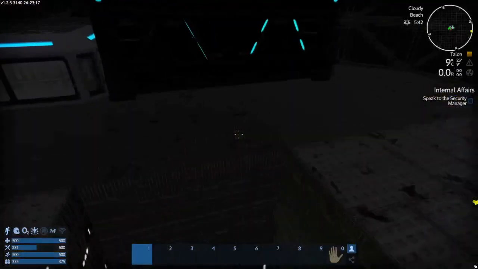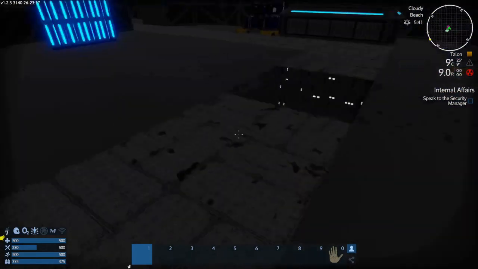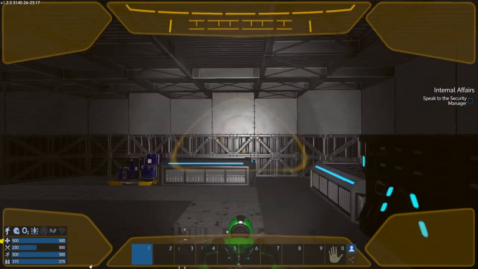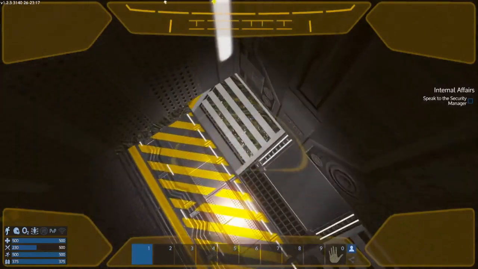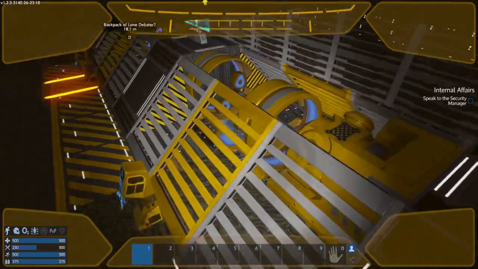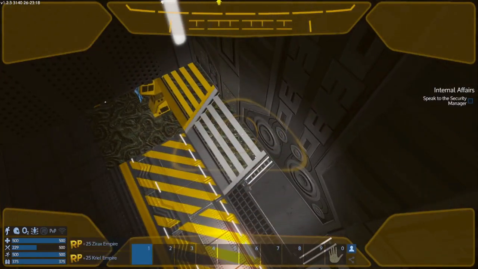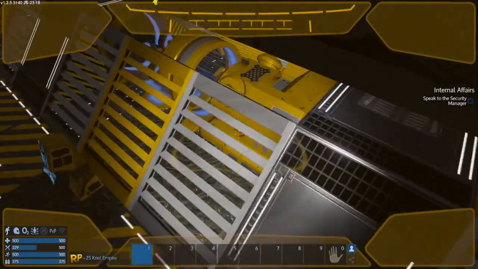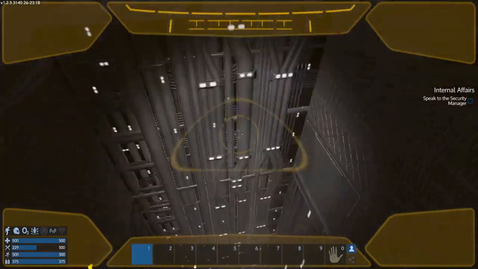Go. No, not me. Not me. I don't need to go down there. Oh, jeez. Yeah. So this is fun. Thank you for putting the turrets in such a way that you can't ever get your bag back if you die. What are you supposed to do here? I mean...